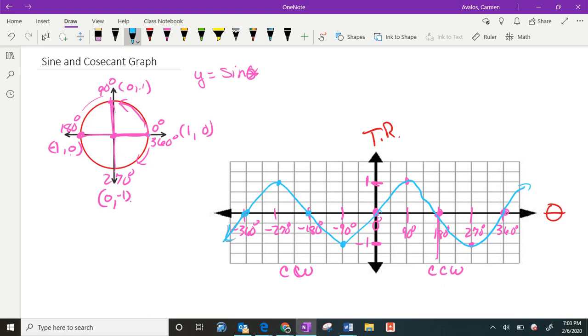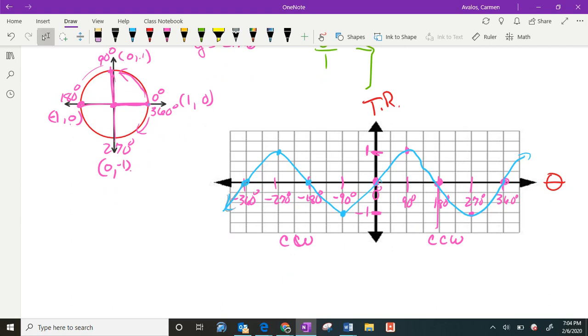Now, because we know that sine is related to the reciprocal, which is cosecant, we could also graph cosecant. Cosecant is the reciprocal. The only problem that we see with the reciprocal is that 1 and -1 are not a problem, because the reciprocal of 1 is 1 and the reciprocal of -1 is -1. But the reciprocal of 0